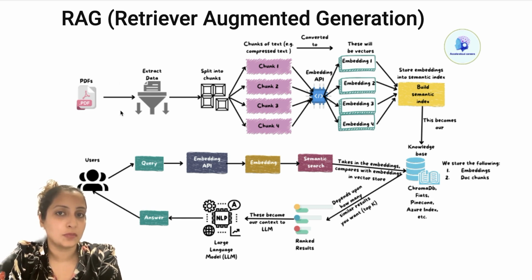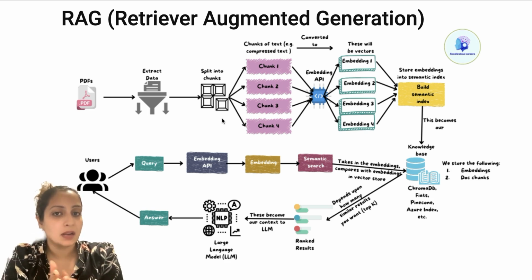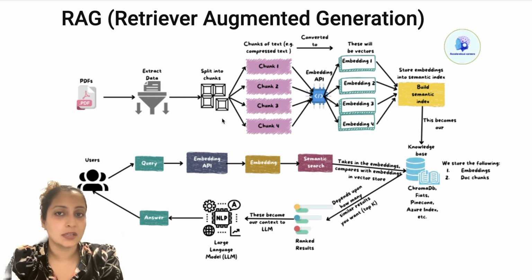Once you have the document, you extract the data from that document, and that extracted data is passed on to the chunker. Basically, you are chunking your entire lengthy document into small chunks, and there are various strategies of chunking. However good your chunking strategy is, that will determine what kind of responses you get. So your RAG's performance is very dependent upon what kind of chunking strategy you use.